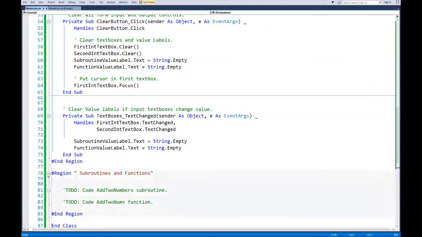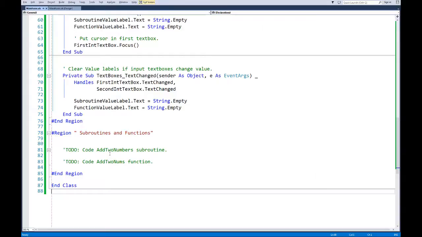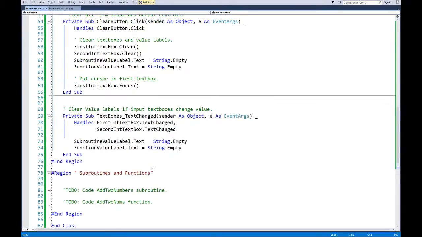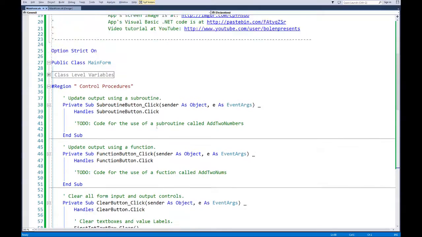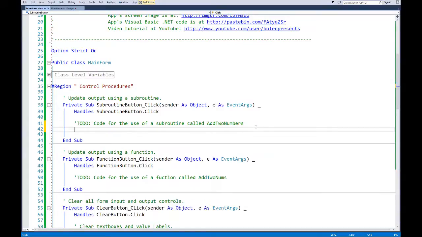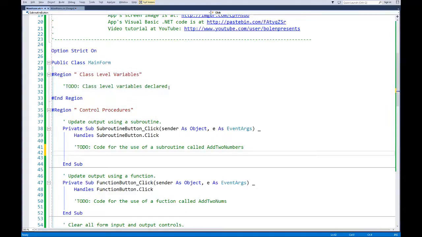And down below, we'll be coding in our two routines, the add two numbers subroutine and our code for add two nums function. So let's take a look at how to code in the first one. Let's start with this one, and what we're going to do is define a field called result, and I'm going to use result for my output. I'm going to first begin by going to the class level variable for this one, and I'll show you what is going on. So I'm going to dim a field, dimension a field, result